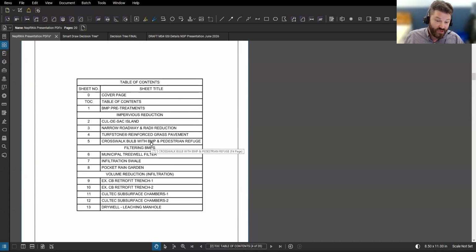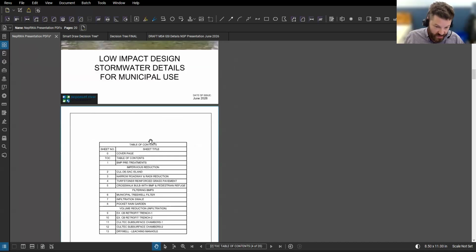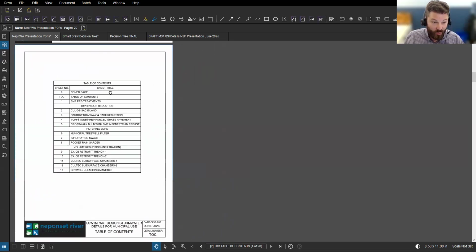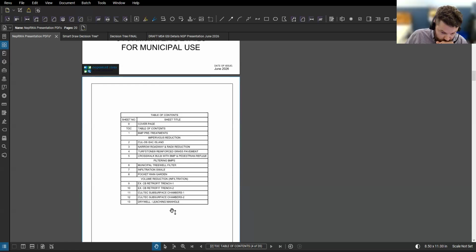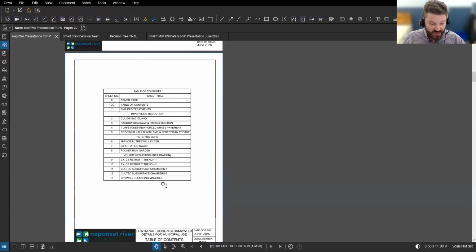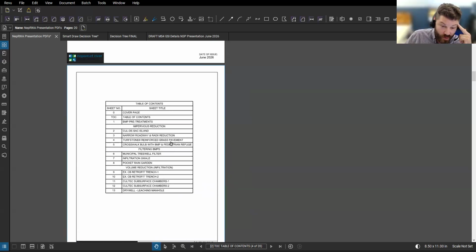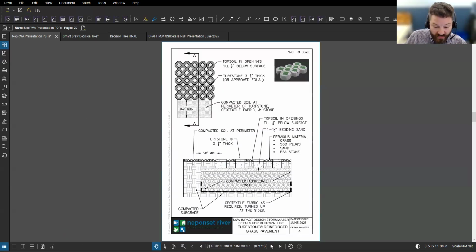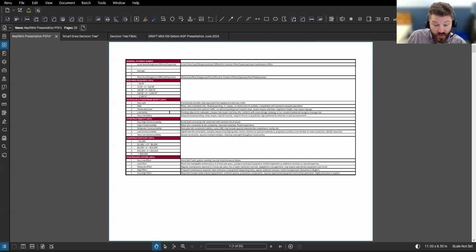These are the final suite of details that we came up with. We have a general